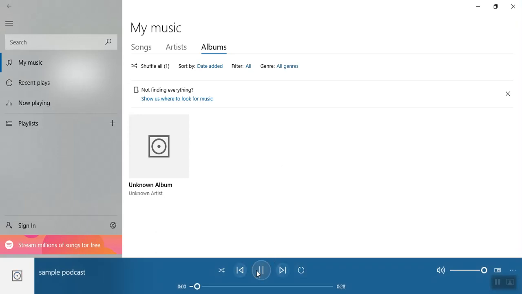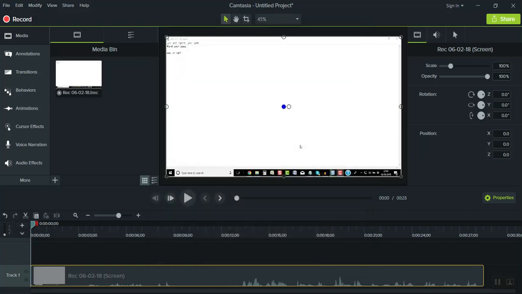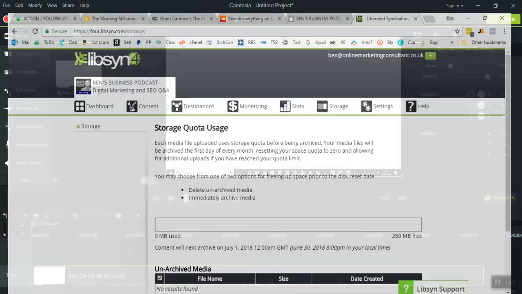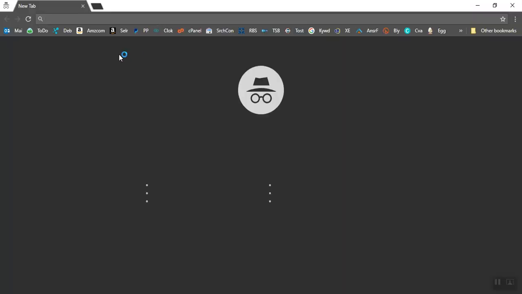But what we want to do now, obviously, is listen to it, make sure it sounds okay. That sounds fine, and then what we want to do is convert this and make sure it's an MP3 file for uploading to Libsyn. So just jump over to the internet here and go to